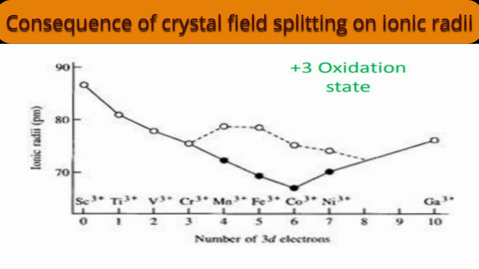Differences are there in D4, D5, D6, D7. So let me focus on only those 4 points. D4 system is Mn plus 3. Size of Mn plus 3 will be smaller than chromium plus 3. D5 system, Fe plus 3. Size of Fe plus 3 should be smaller. Why? Entry of electron in T2g orbital. I am talking about now the low spin case, strong field complexes.